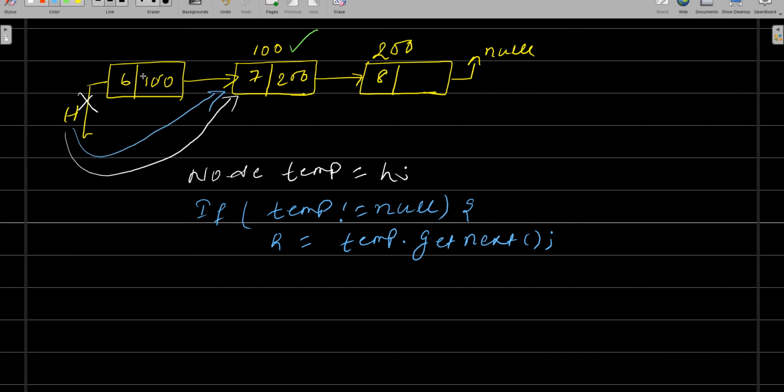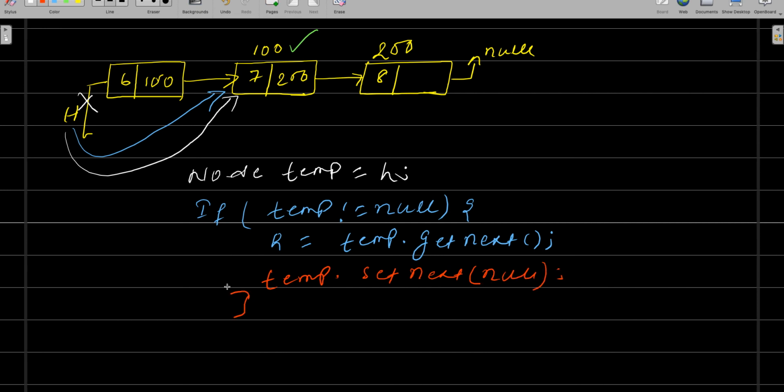Now what about your first node? What about your temp node? So what we have to do here is we have to set this to null. Simple. So you make sure that this will be collected by the garbage collector. So you set to null. So temp dot set next is the method and set to null, right?